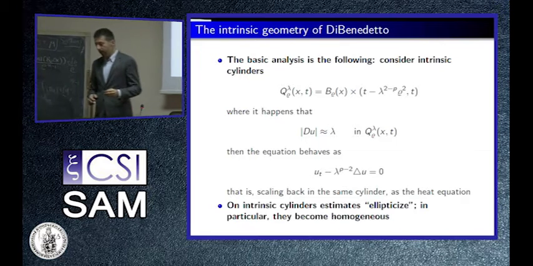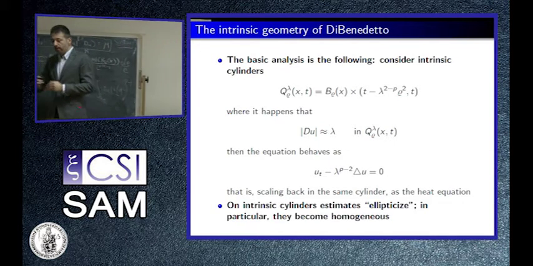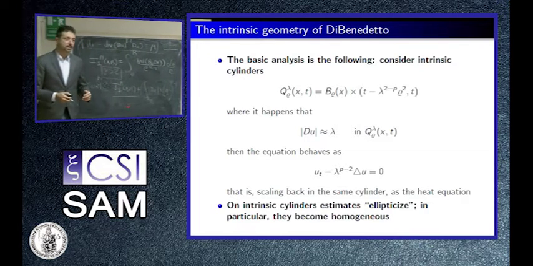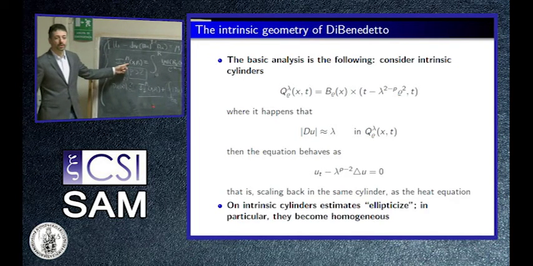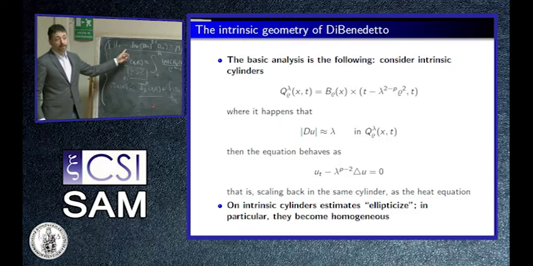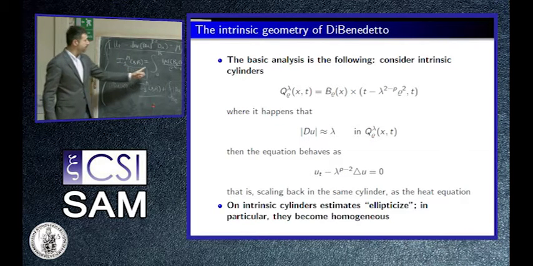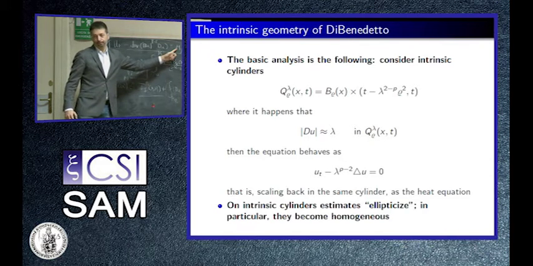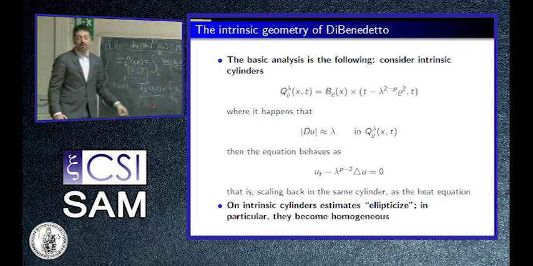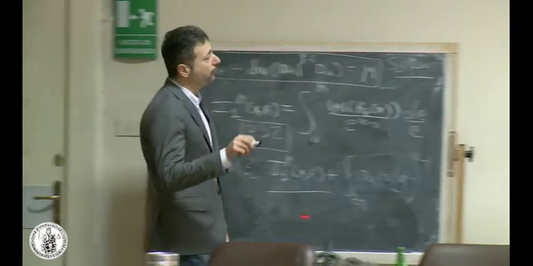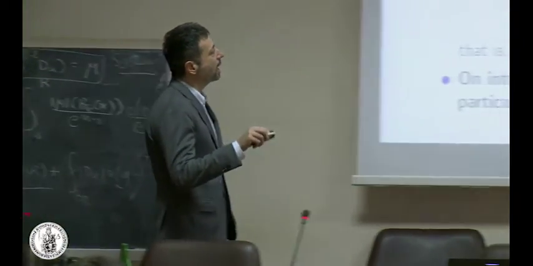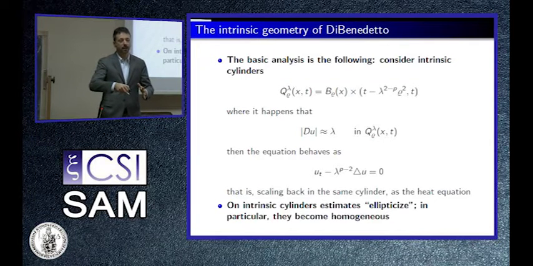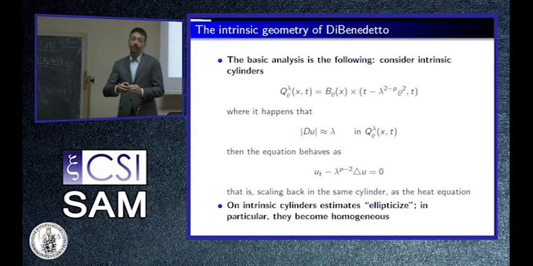From a conceptual point of view, this goes in the wrong direction with respect to potential estimates. Because the idea of potential estimates is to forget that you are dealing with the solution, that you are dealing with an equation, and you just get the estimate, so you decouple the equation from the data. But of course, if you're bound to analyze the solution on portions of space that depend on the solution themselves, this is really counterintuitive with respect to this